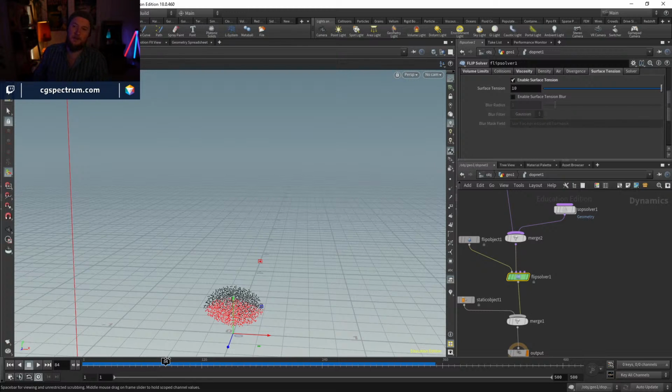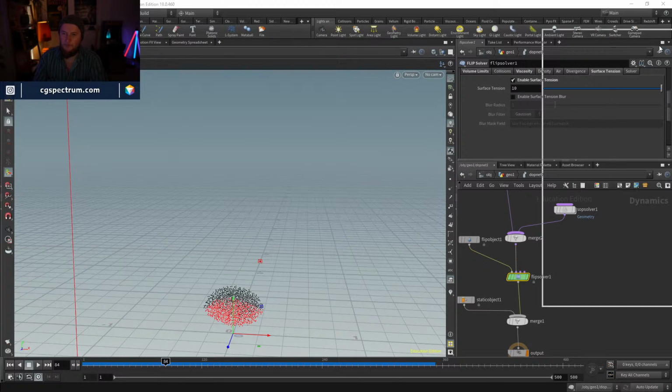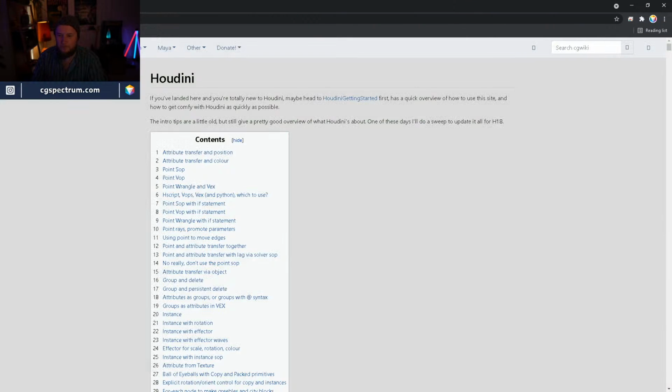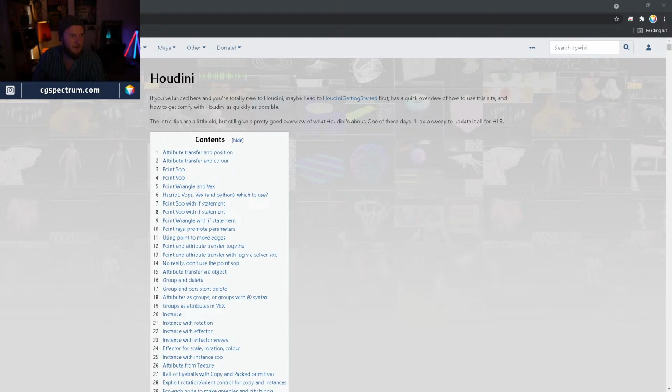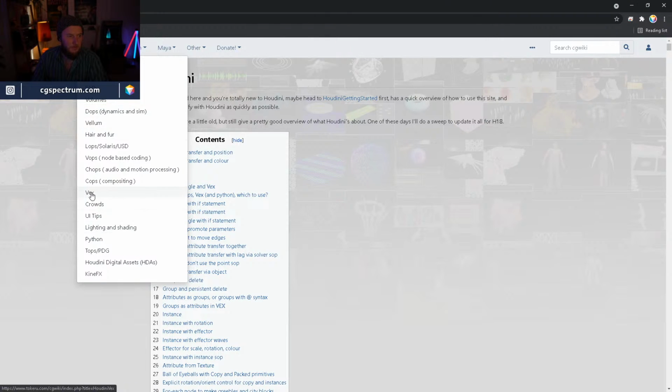Look, there are lots of good resources out there, but one that I would highly recommend is on Matt Estella's great website, tokaru.com, CG Wiki. And on there he has, let me see if I can bring this up. Tokaru CG Wiki. Here it is. So this is the website, tokaru.com. And if you go to Houdini, Vex,